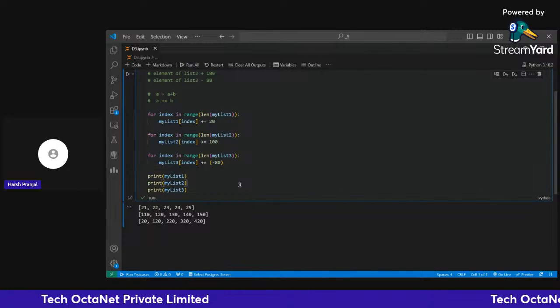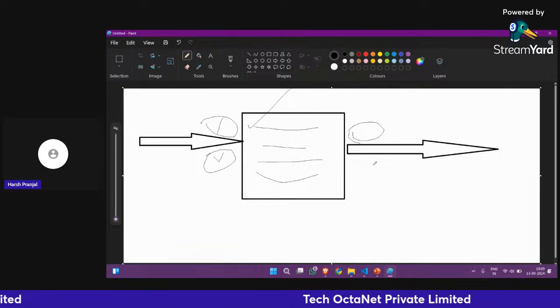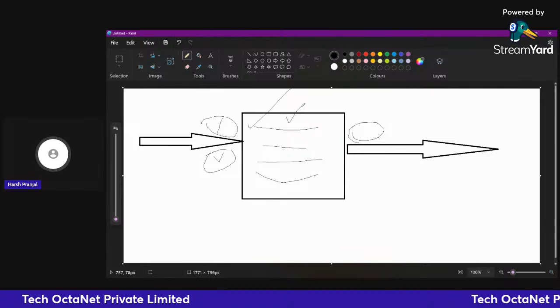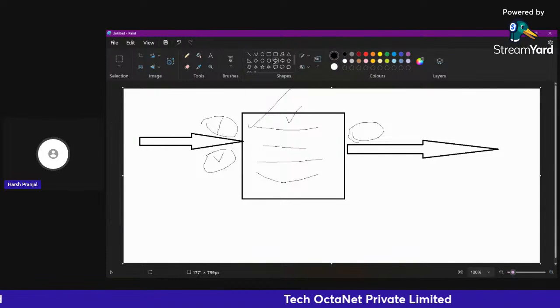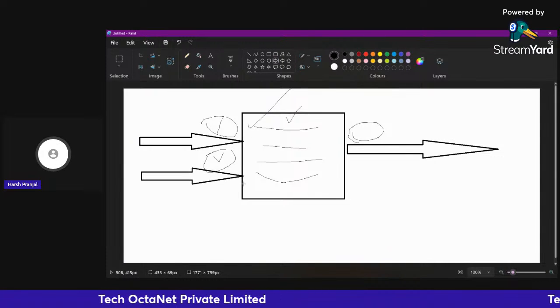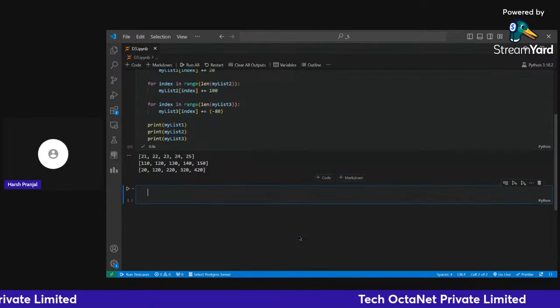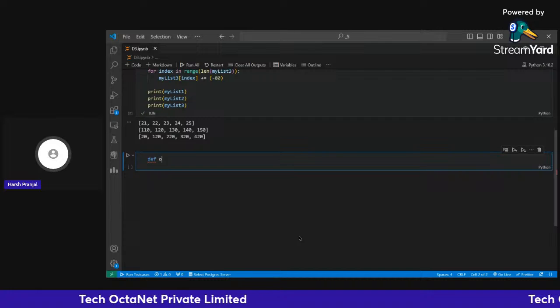Now, what I want to tell here is that this particular block of code is known as a function, right? It is not dependent on only one list. You can provide any number of lists to perform the operations. Let me first give you an example. So this is the syntax to create a particular function. Def keyword, your function name,